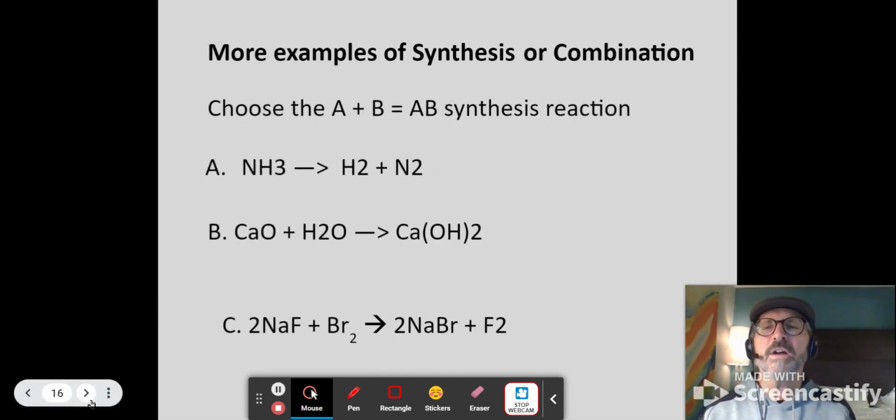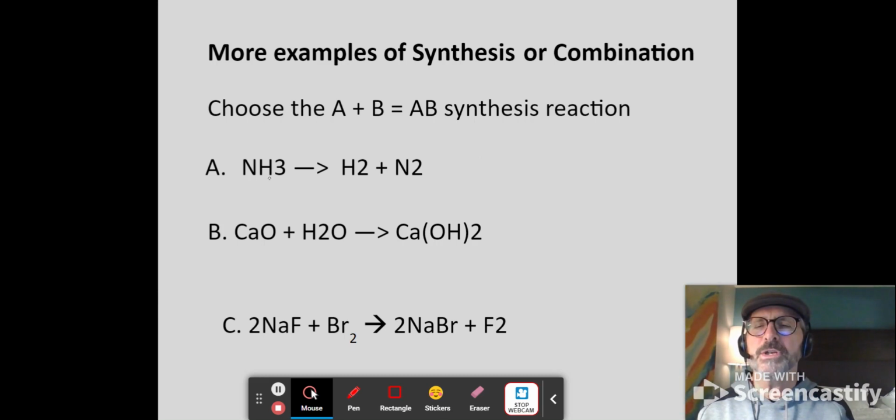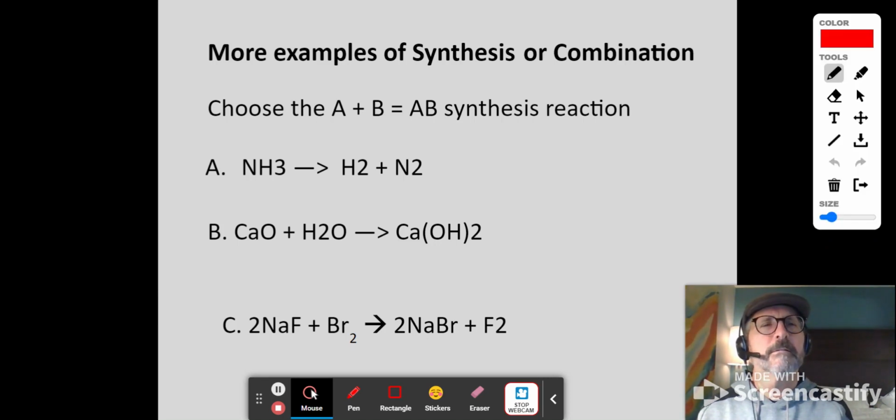All right, so if I choose which is an example of a synthesis or combination, A, B, or C, you make your choice here and give you an opportunity to take a look and see if any of these fit a single product. Here's the product. Simple materials,